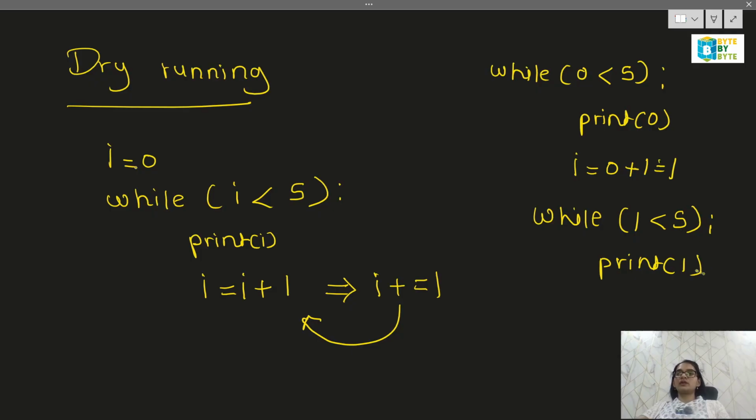Okay, so it will print 1. Now your I will be 1 plus 1, which will be 2. Right? Next, again it will check while 2 is less than 5. So yes, 2 is less than 5. It will go inside the loop. So inside the loop again it will print 2 and your I will be 2 plus 1,